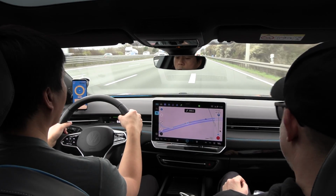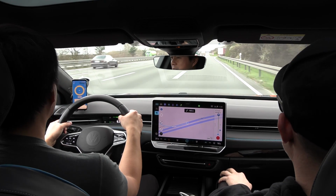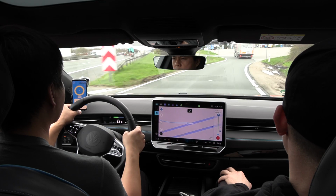Navigation's back. Oh, it's back! Oh, yeah! So the only thing I hear is a little bit of rumbling. I think that is from the tires. At certain speeds, you start hearing the...